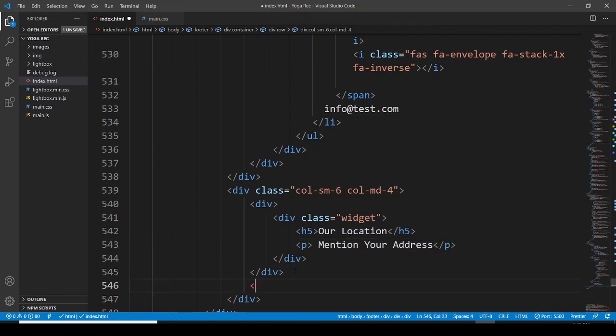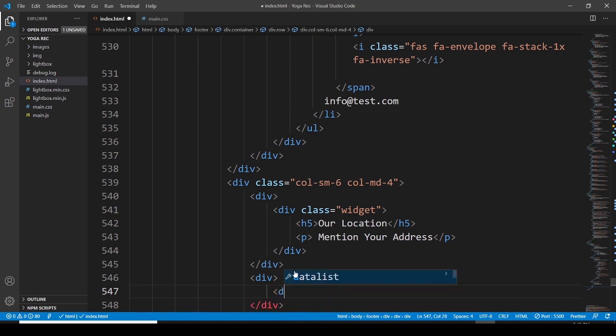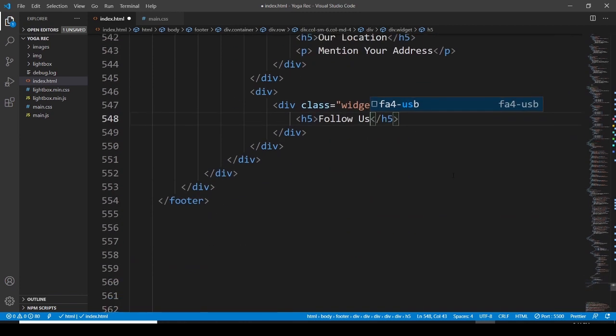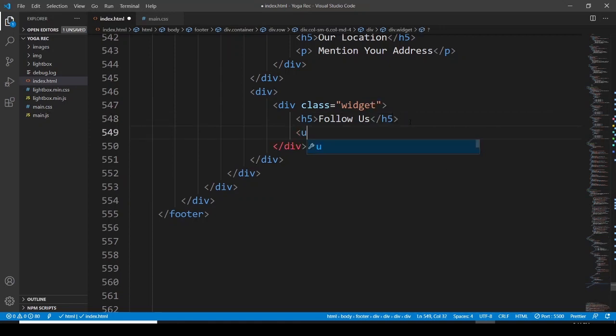Then after this, let's have another div, a wrapper div, and again a div with a class. This class is going to be widget again, and this widget is going to have a heading 5 with "Follow us", and let me bring it here. Then we have to go with some unordered lists, so ul, and let's have a class with this one. So the class is going to be social